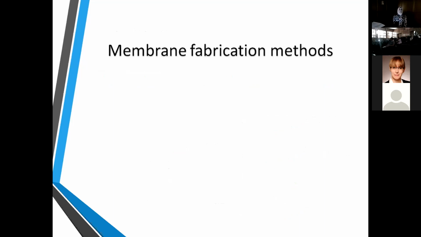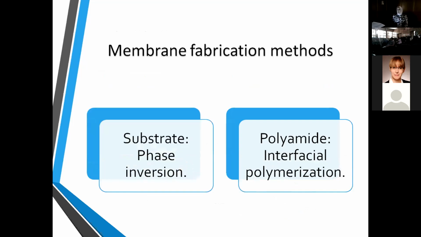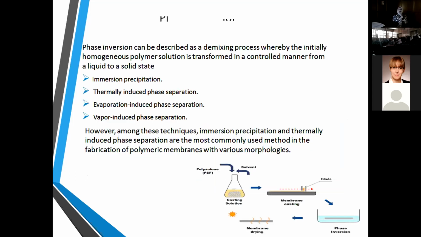We have 2 steps for membrane fabrication. For manufacture of substrates, we use the phase inversion technique. For the polyamide layer, we use interfacial polymerization. So what is the meaning of phase inversion? It's a demixing of polymers with a solvent to convert a polymer solution to a solid, to make a substrate. So we have 4 techniques for phase inversion: immersion precipitation,